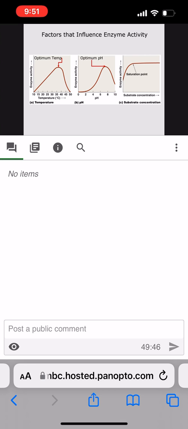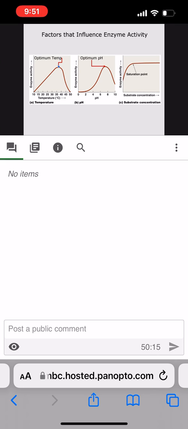Okay, so here are the factors that influence enzyme activity. Basically, enzymes have narrow ranges of biological activity, so the ranges in certain temperatures. Here between 35 and 45 is the optimal temperature for this group of enzymes. Enzymes have an optimum pH here. Now, the answer for the last question was humidity. You have to recognize that